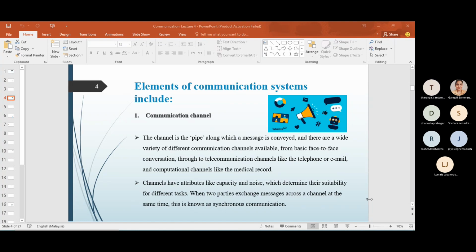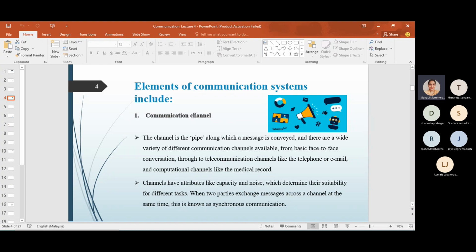Communication. Okay, that's a really good answer, Taranga. Yes, we can consider it as a way of communication. So communication channel is actually the pipe along which a message is delivered. There are several different communication channels. Some examples for communication channels are face-to-face conversations, and then telecommunication channels like telephone or email. And then we have computational channels like medical records. So these are some examples of communication